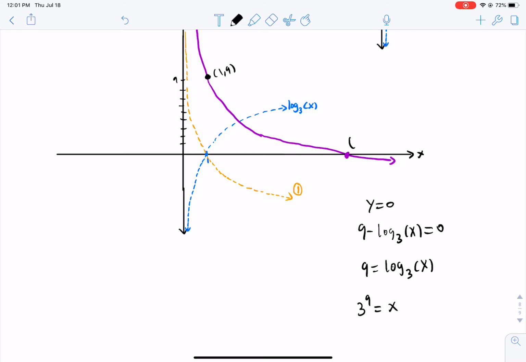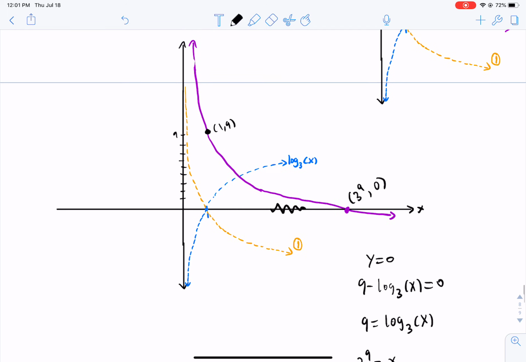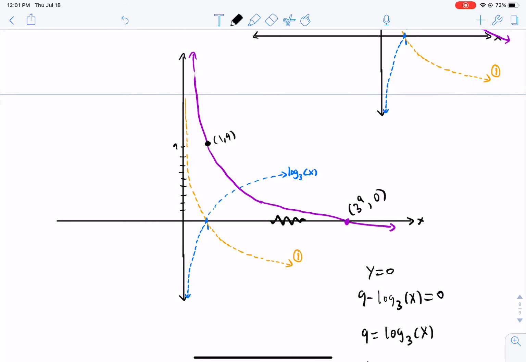That's what x is: the point (3 to the 9th, 0). That's a huge number. So sometimes when you have a graph like that, people draw a break in the axis to use your imagination that there's a huge difference between them, but it's going to be a big number. So if the question asks to point out the x-intercept,